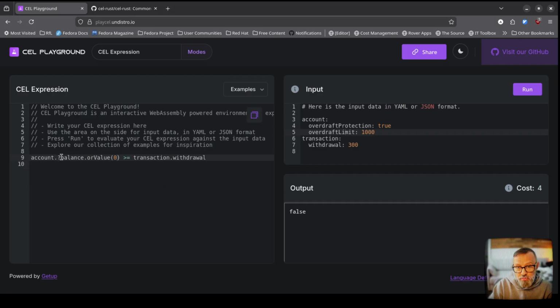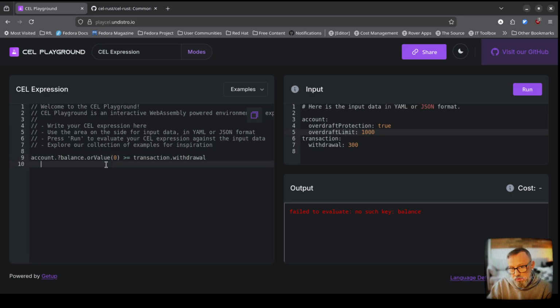So why is this useful? Because if I would try to go back to what we initially started from and run this, this is going to fail telling us there is no key balance on this object account, right? So when you've got a really dynamic payload inside your CEL context that you're operating upon, this can be really annoying now, right? Because, oh, now I need to write something. If I don't have this